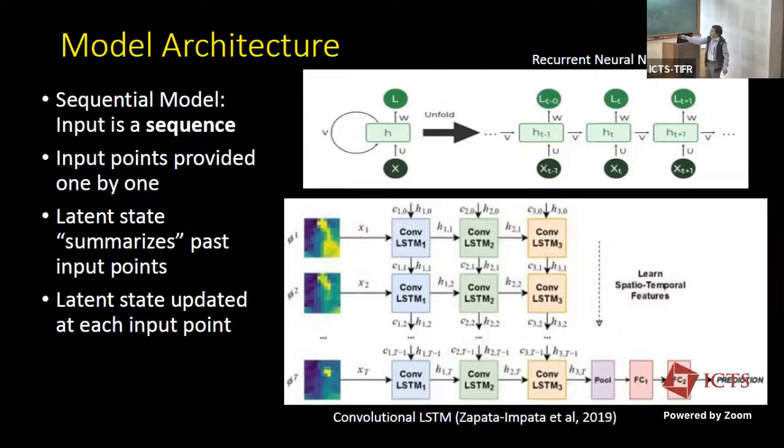And then there are more sophisticated forms of this, which is known as the LSTM, the long short term memory. I will not go into the details now of what exactly LSTM is, but you can think that it has a more sophisticated way of remembering the previous input which you provided. And then there can be neural network models which do both the convolution and this sequential structure at the same time. So that is called a convolutional LSTM or something more complicated.